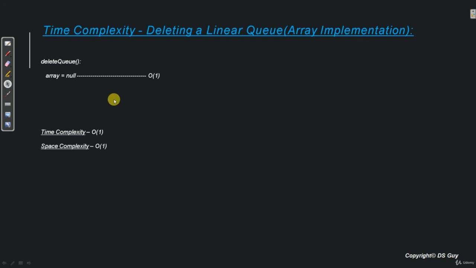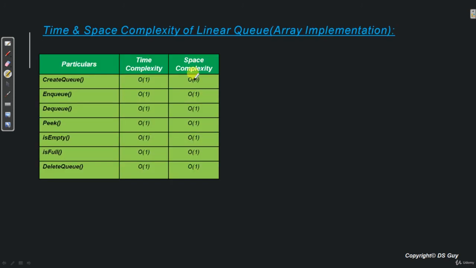So now if we quickly recap what are the operations that we have in linear queue and what are the time and space complexity of those operations. So if you see the space complexity, creation of queue involves order of n space because we create a blank array, and all of the other operations are all constant space complexity because they don't require any extra space. Whereas when we come to time complexity, all of these operations are constant time operations.